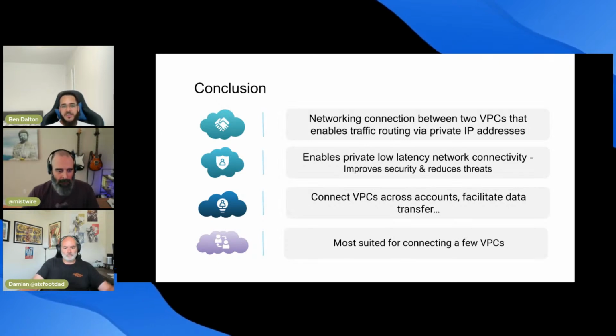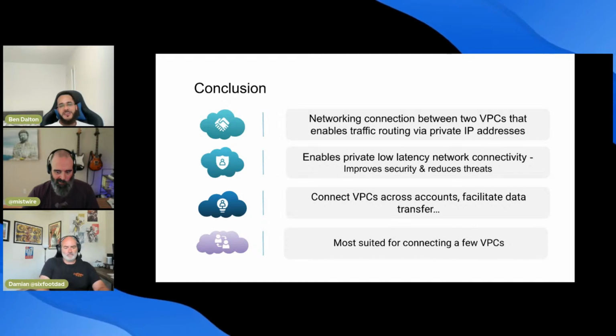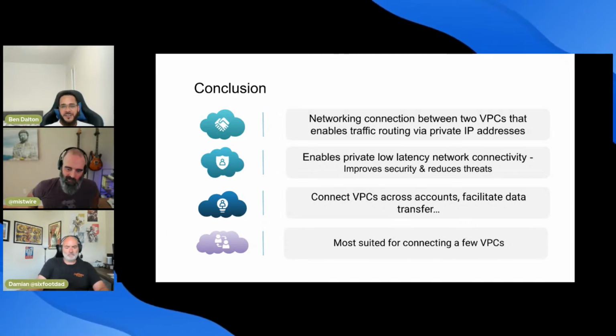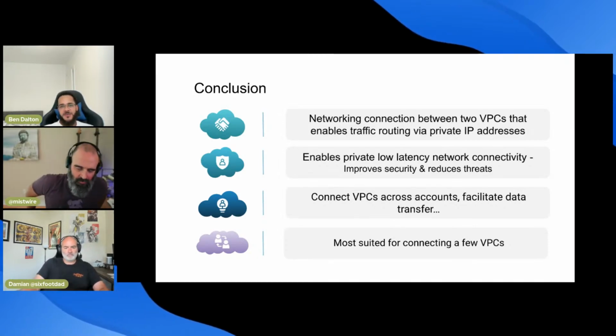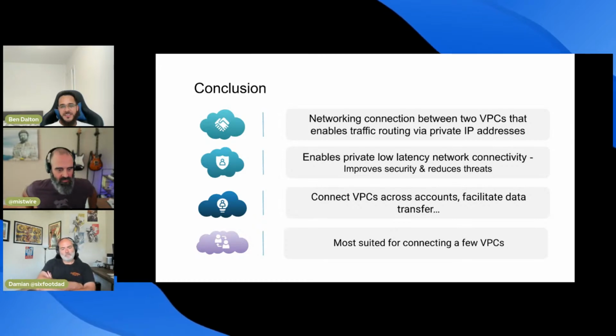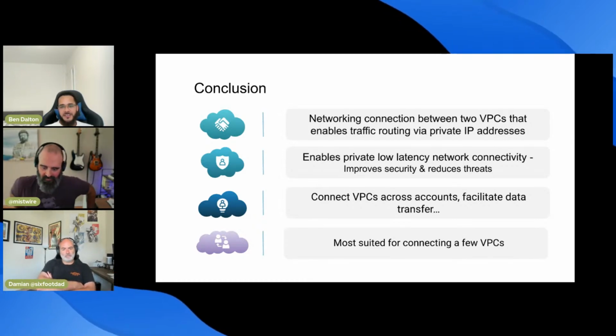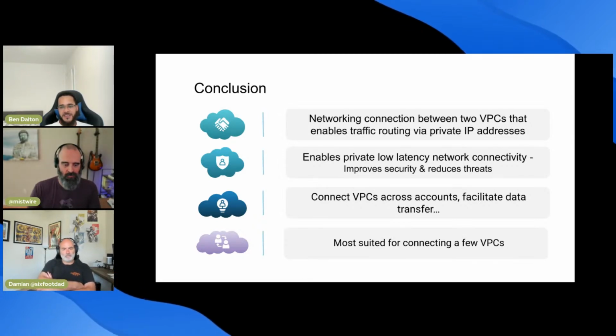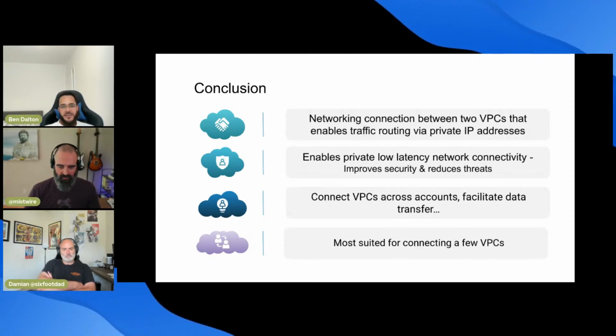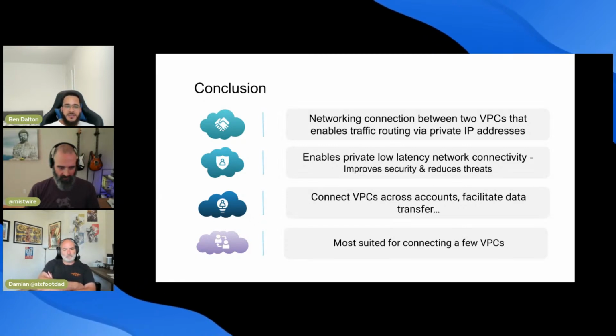And finally, which I might emphasize, you should only consider VPC peering if you're looking at a few VPCs, because AWS has created other services to manage a whole host of VPCs that will make your life a lot easier. And if you have overlapping VPC CIDRs, then VPC peering is just not possible.